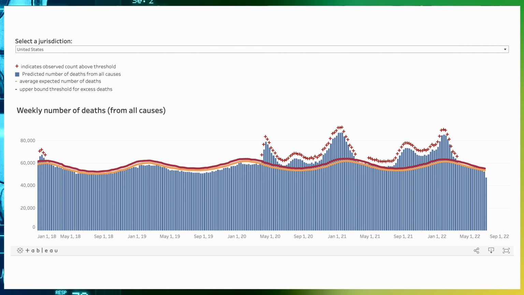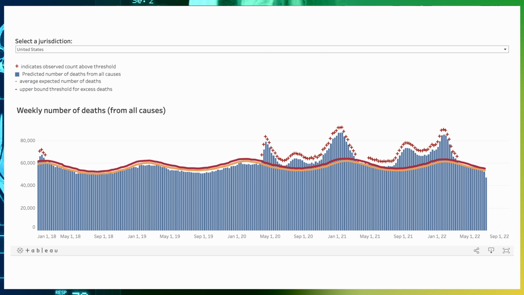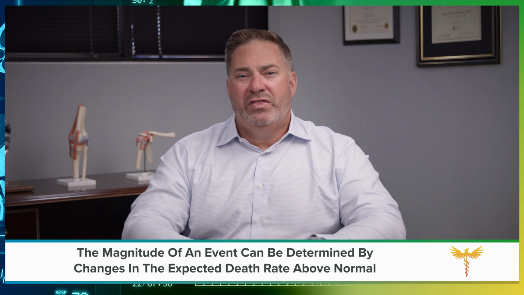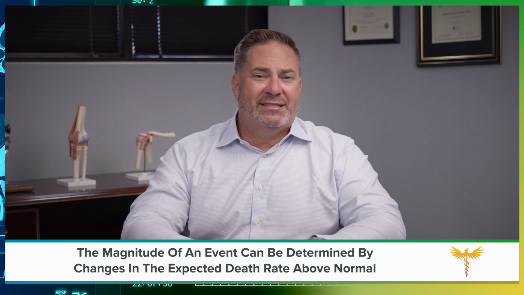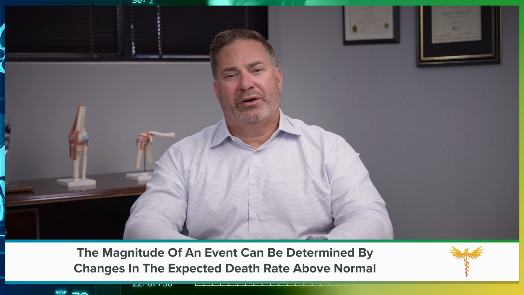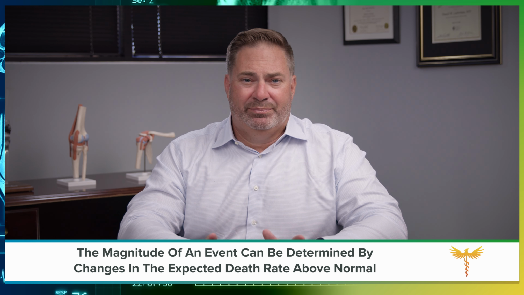The first thing I notice here is that people die more in the winter than in the summer. That makes sense to me because respiratory diseases are common in the winter, and historically respiratory diseases are the fourth most common cause of death. The other big three, heart disease, cancer, and accidents, are not as seasonal and stay more constant throughout the year. The COVID pandemic sticks out like a sore thumb.